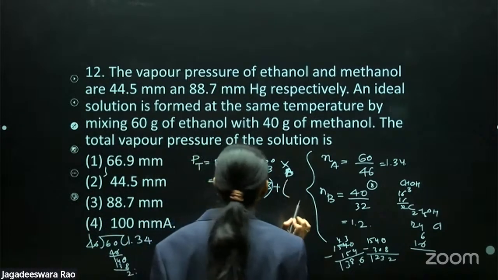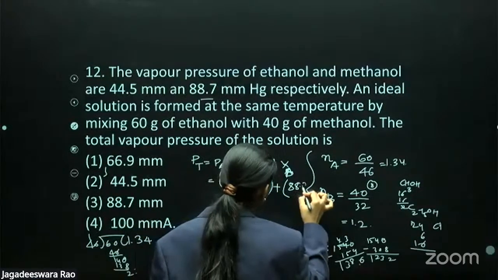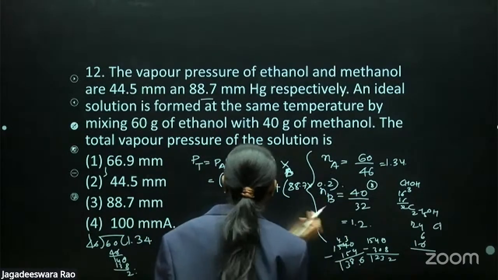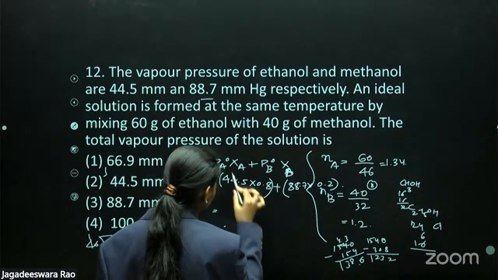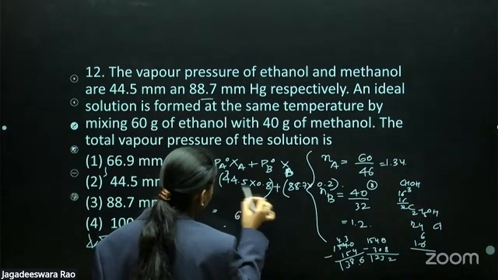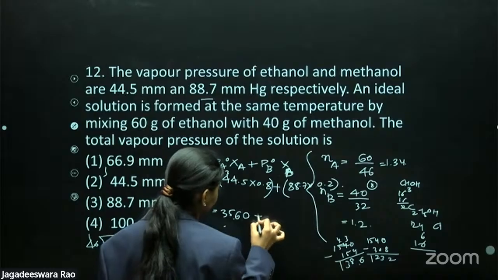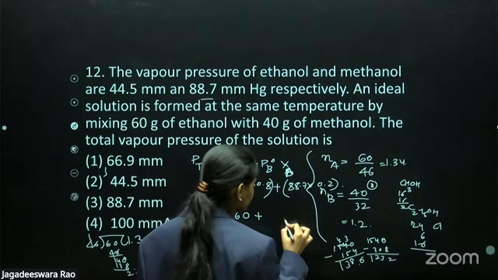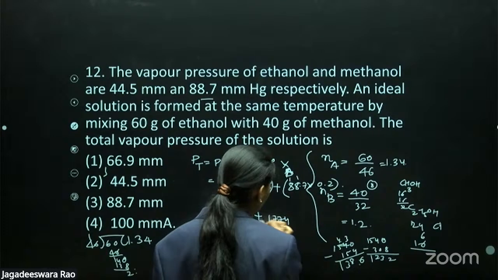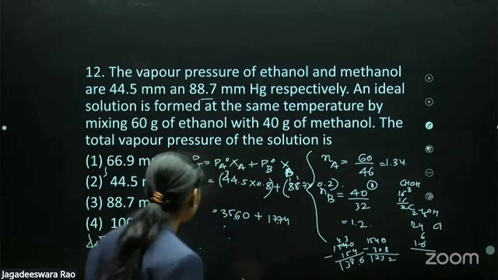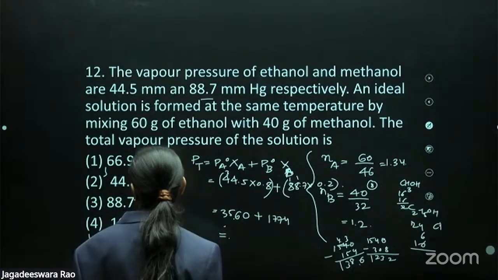Okay, students? So partial pressure, that is pressure they've given 88.7 into 0.2 into 0.2. So now we'll do this. 44 carry, 36, 3 carry, 8 fours are 32, 35. Yeah, 35.60 I got. Then plus, next one here, 8, the 14, 1 carry, 16, 17. 1774, so that is plus. That means 35 plus 17, approximately it comes